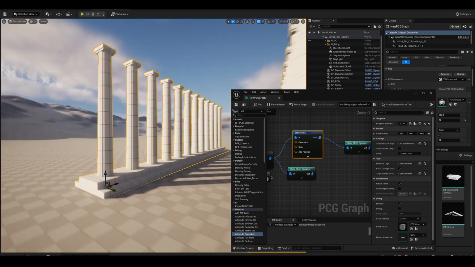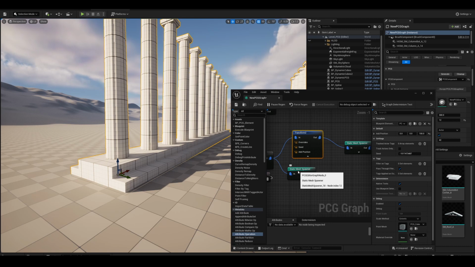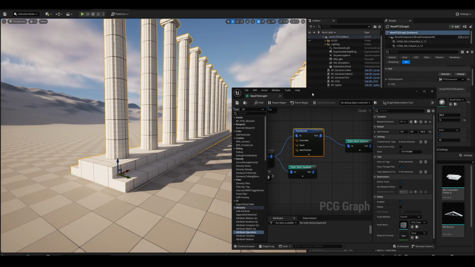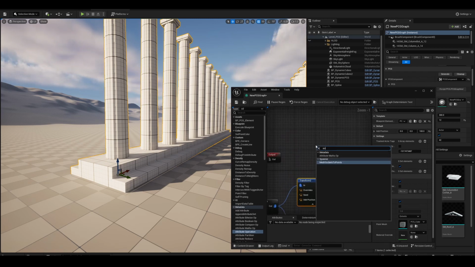But what if I replaced the asset at the bottom? What would happen if it's slightly longer or shorter? We will have either gaps or intersection. A more modular way to do this would be by using mesh sockets. So I can get the socket